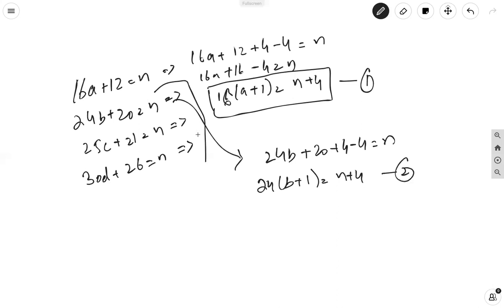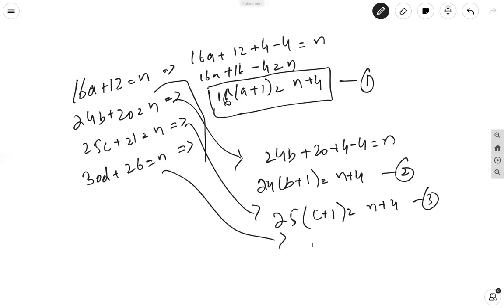Right? For the third one, I'm just moving now. This came out to be 25c plus 1 is equal to n plus 4, right? And for the last one, if I do the same, this came out to be 30 into d plus 1 is equal to n plus 4, right? So first of all, the thing is,